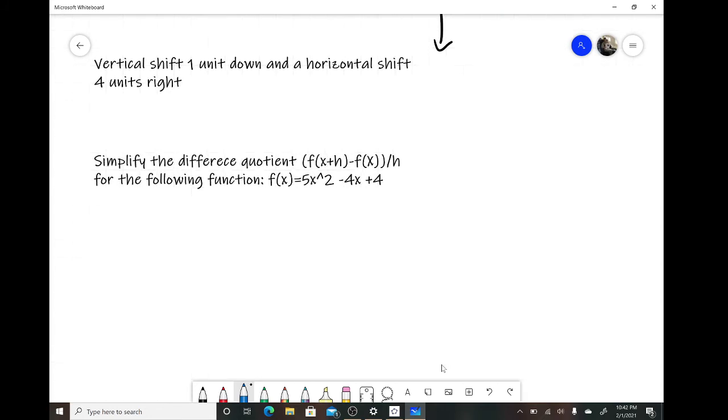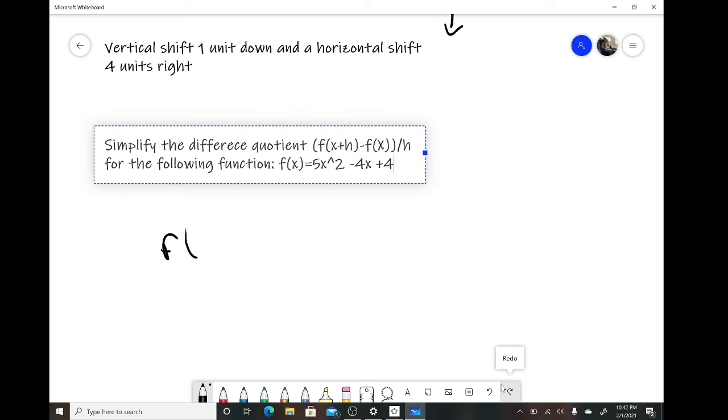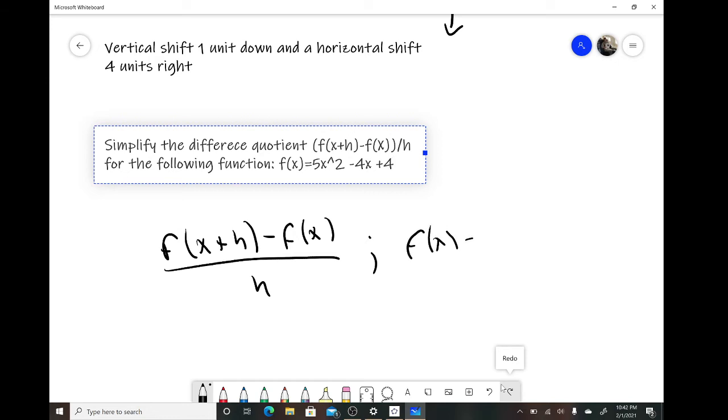All right, so here we're going to have a couple of function compositions. So you need to remember what a composition of a function looks like. So let me just rewrite the difference quotient so you can see it better. So that'll be f of x plus h minus f of x all divided by h. And we're doing this for the function f of x equals 5x squared